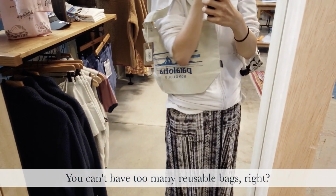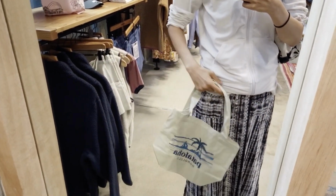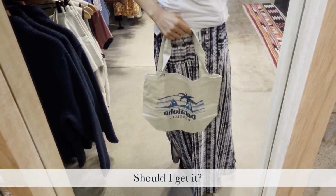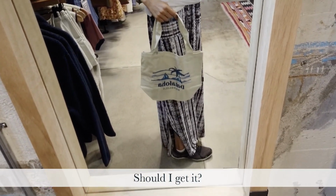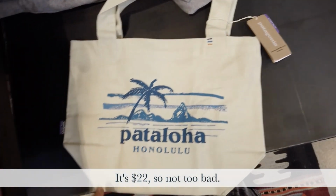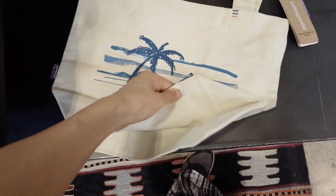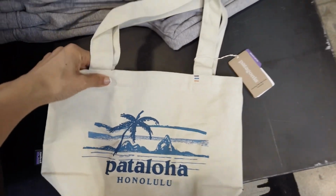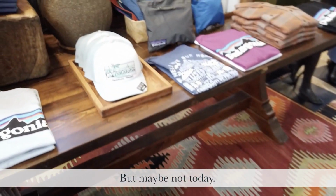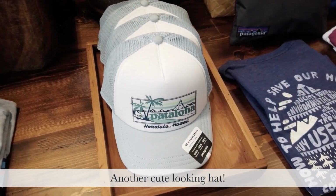And next is bags. そして次はバッグ。You can't have too many reusable bags, right? こういうエコバッグやトートバッグって何個あっても足りないっていう感じですよね。Should I get it? 買おうかな、どうしようかな。It's $22, so not too bad. これ$22です。そんなに高くはないかなと思います。